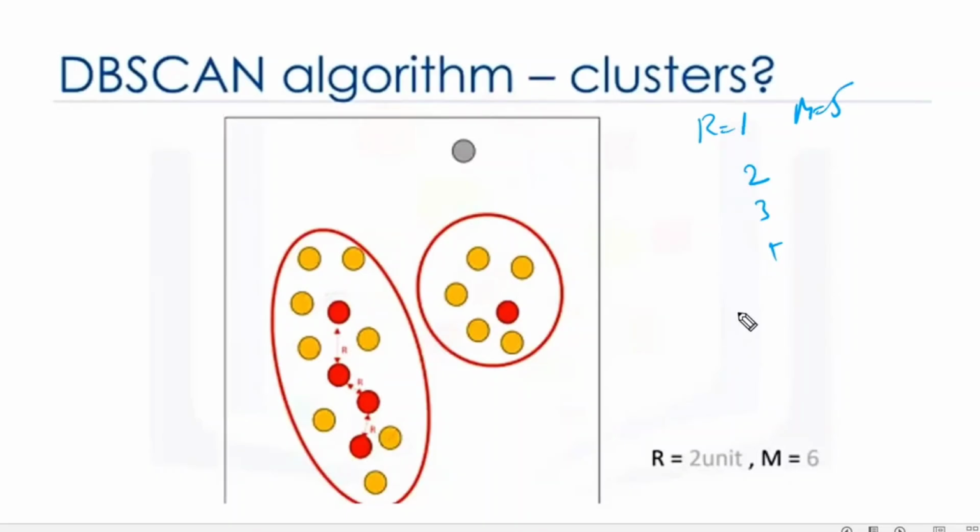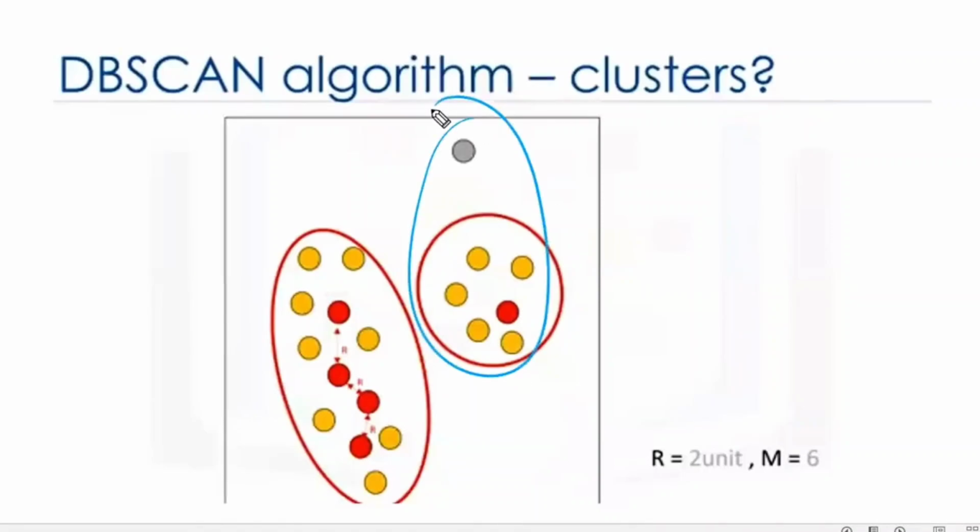Sir, how do I know my required number of clusters beforehand? That is K-means. In K-means itself, you are going to identify the optimum number of clusters. Now here you are going to combine and see the anomalies. For example, assume the same data set is there and you have applied the k-means algorithm. What happens? This one also will be included in this cluster. Anomalies will not be identified.